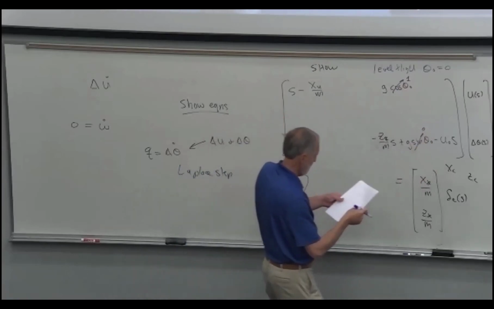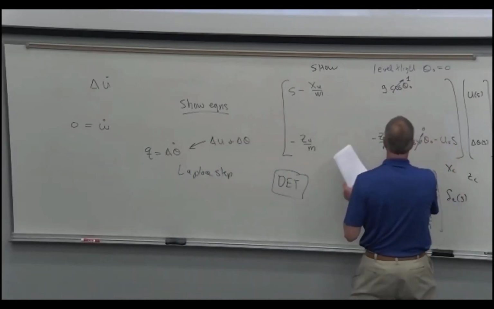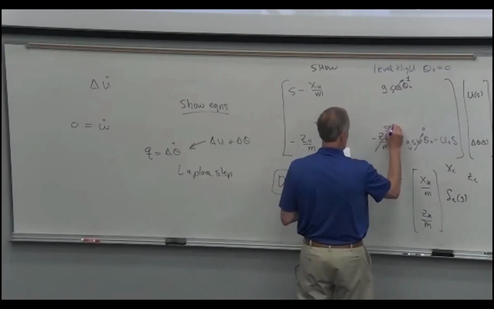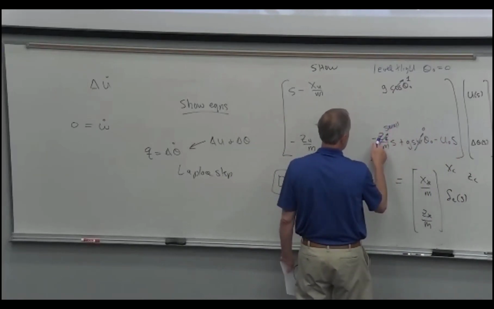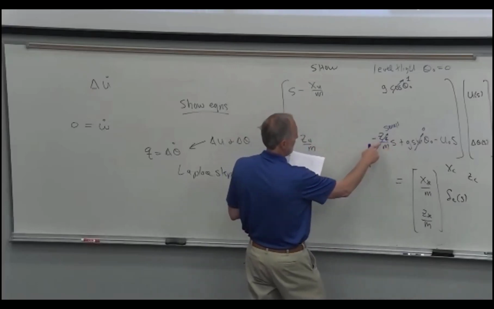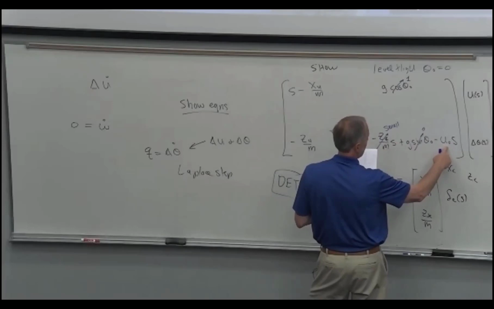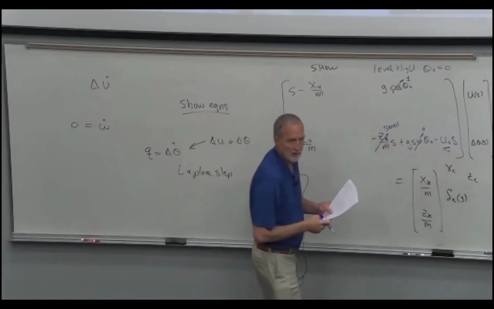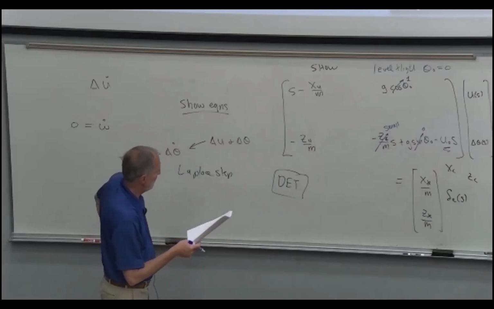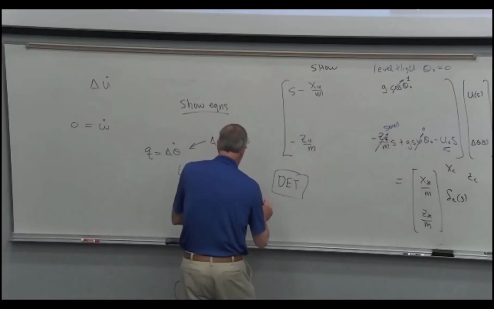And then often the Z Q term is small, because this is the lift due to pitch rate. And so you can knock that out. That's small compared to this big velocity here, U0. You can simplify to get a much simpler determinant if you do that. And so the simplified determinant is